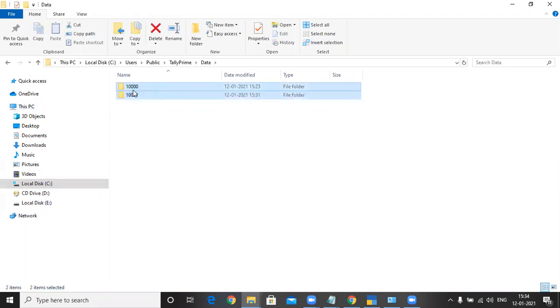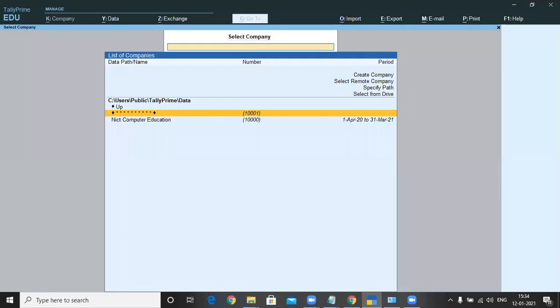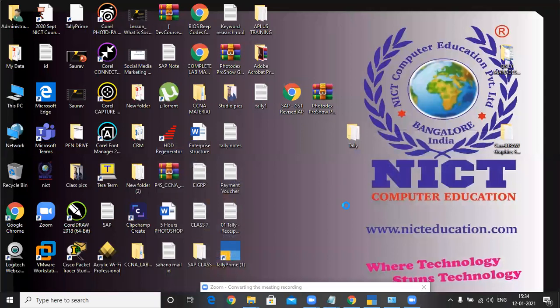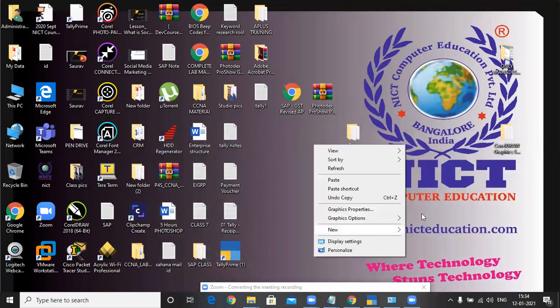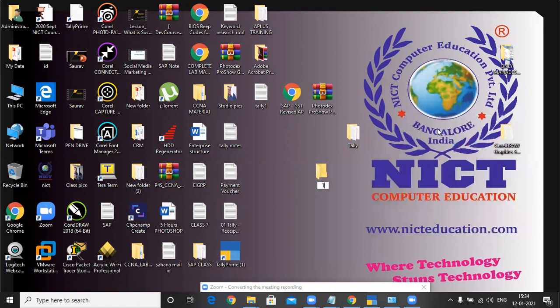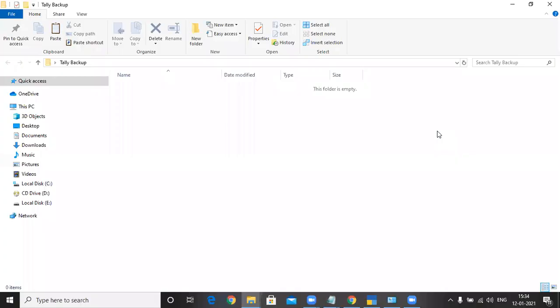Copy these two, right click on desktop wherever you like, create a folder and name it Tally backup. Press enter key and save it. So I just made a copy and paste.